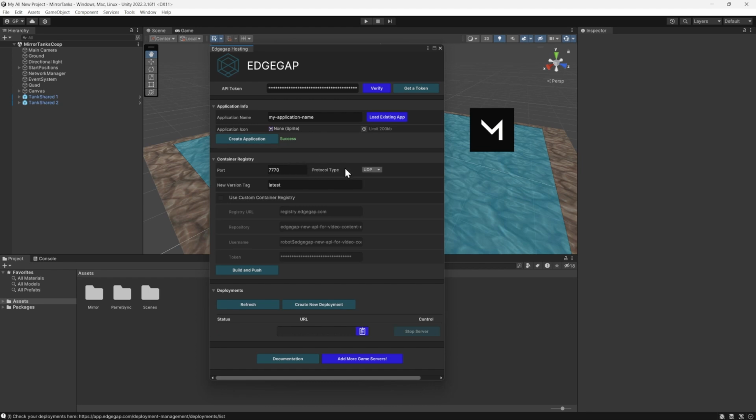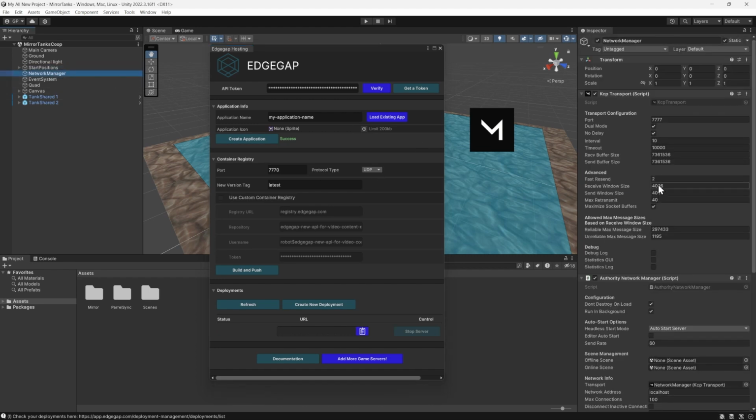All you need to do is make sure the port and protocol types are accurate to your netcode transport, so as to ensure the server adequately listens for connections. This information can be found in the Network Manager's Inspector tab. Here is Mirror Networking's sample project port, found under Transport Configuration. As for the protocol type, it is accurate in this case, as this particular sample project by Mirror uses UDP. If you are unsure, refer to your netcode's documentation to confirm which transport it uses, or select the appropriate option based on your unique choice.